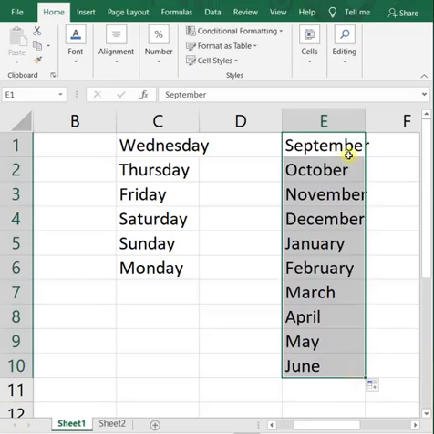You can see that after September, whatever months are there, it displays them serially. You can see the year ends in December. Then again it starts from January, February, March, April, May, June. It ends in June because I have selected the cells up to this much. If we had selected more cells downwards, then the rest of the months would also appear. So like this the autofill feature generates the values automatically.